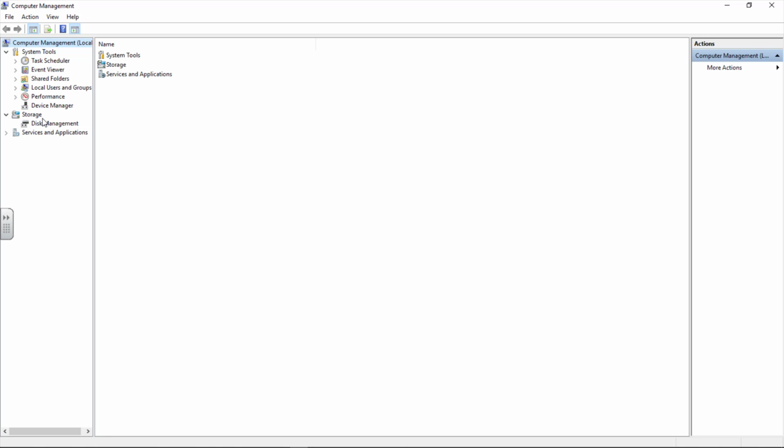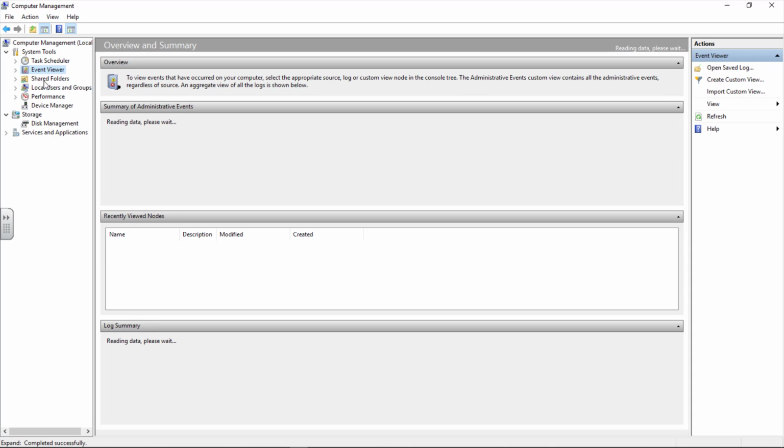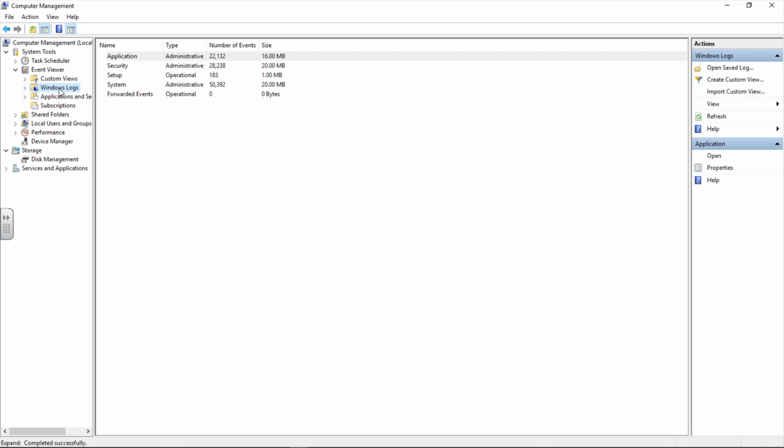This computer management window is categorized into three sections. You have your system tools, you have your storage, and you have services and applications, depending on what you want to do. But what I want to show you here is how you view logs on your system. This one is event viewer. If you click on the down arrow to expand and click on the Windows logs, you see